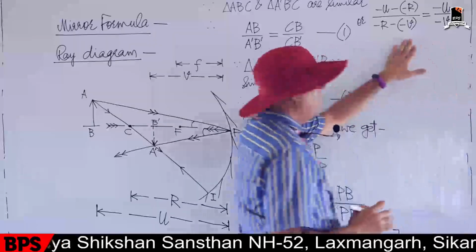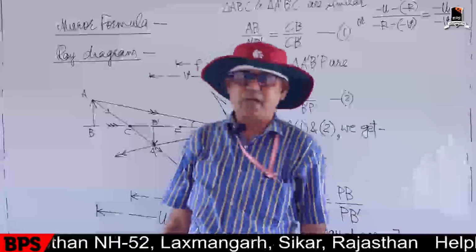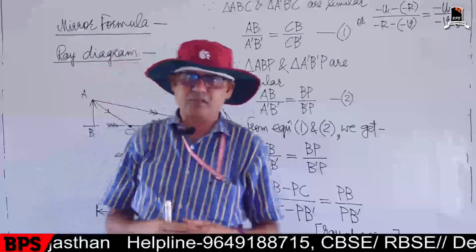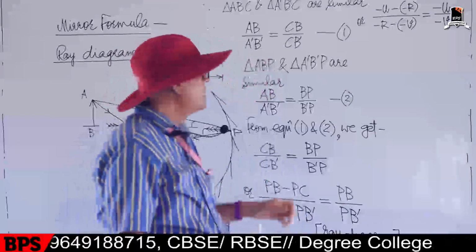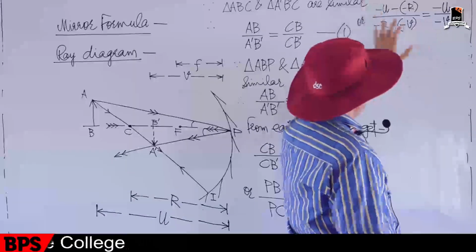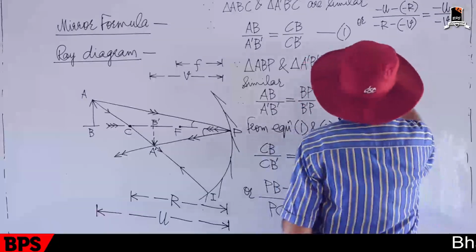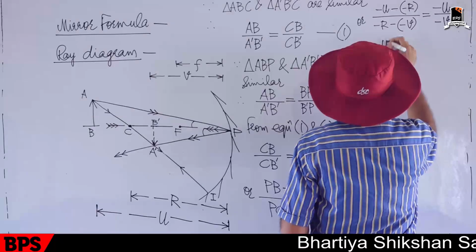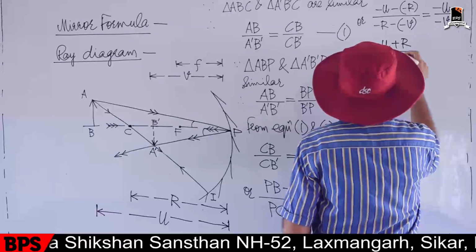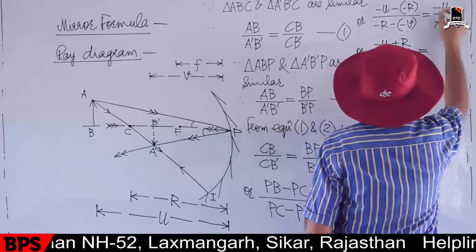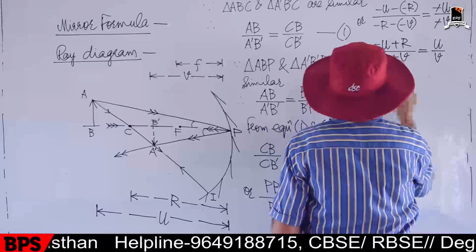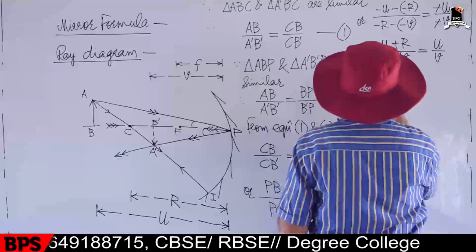Now rearrange this equation by using R equal to 2F. We have just derived the relation between focal length and radius of curvature, that is R equal to 2F. So we will use in place of R 2F and rearrange this equation. So you will get what? Minus U plus R minus R plus V equal to, these minus cancels out, so U by V, or cross multiply, you can say this is